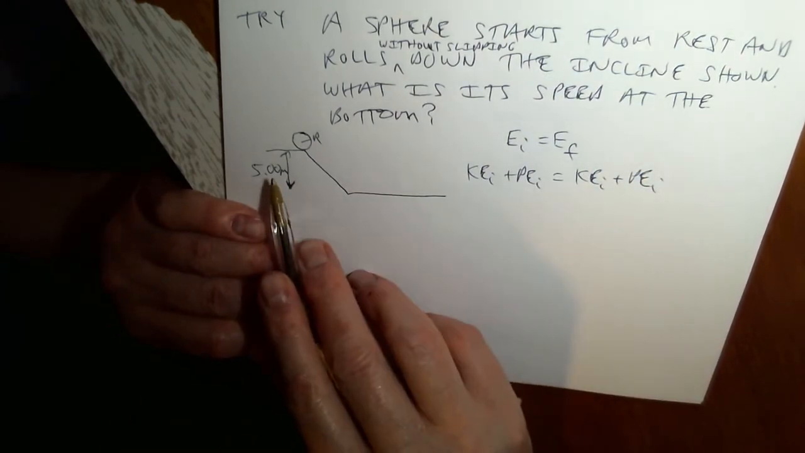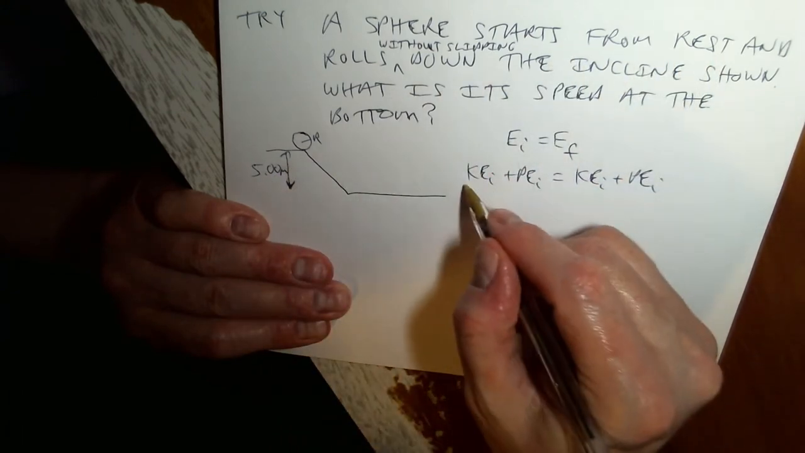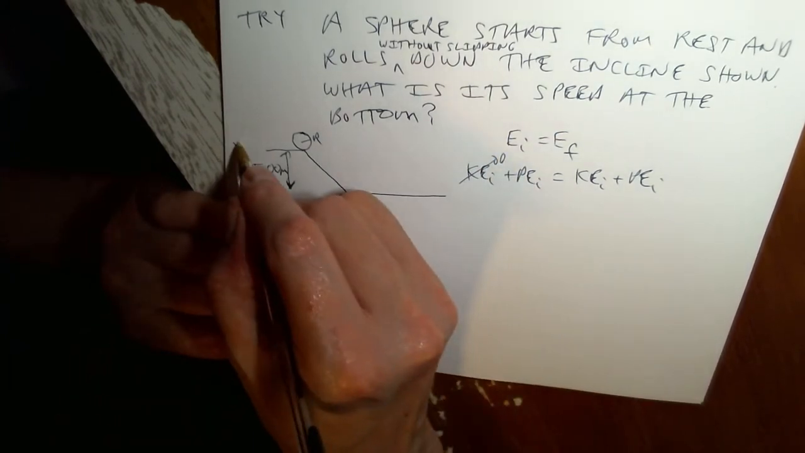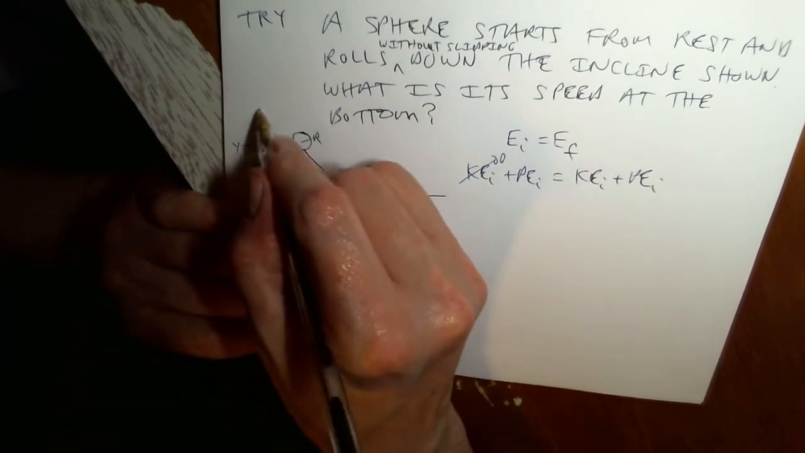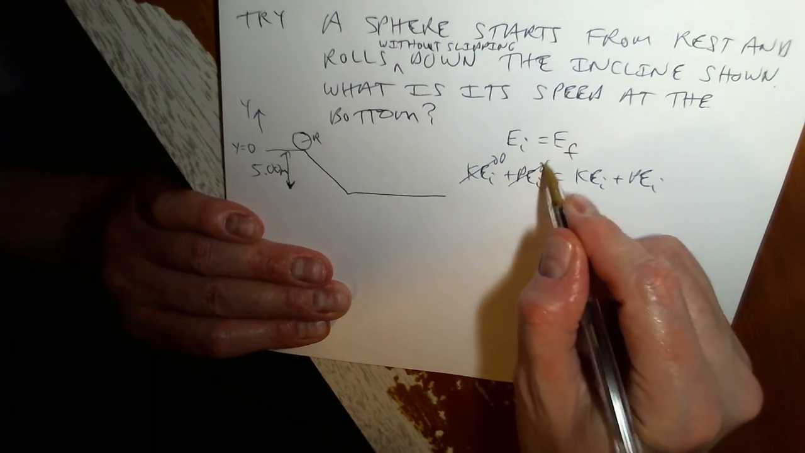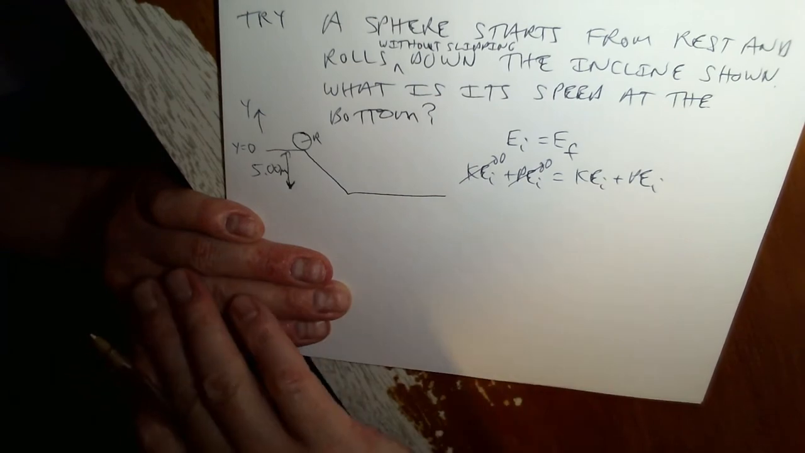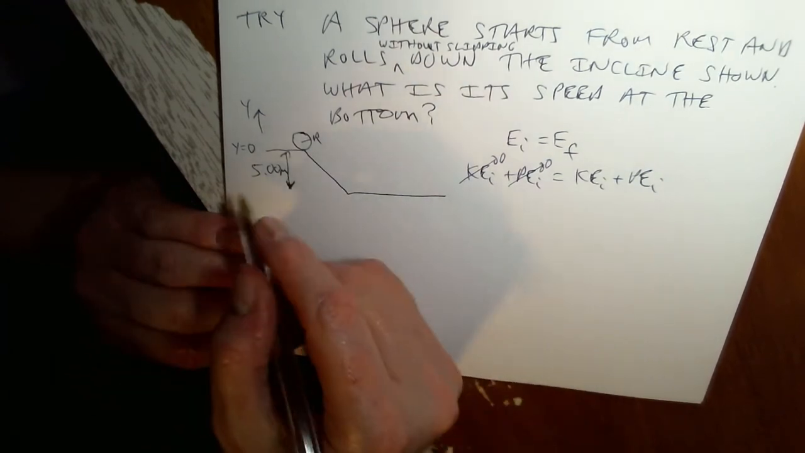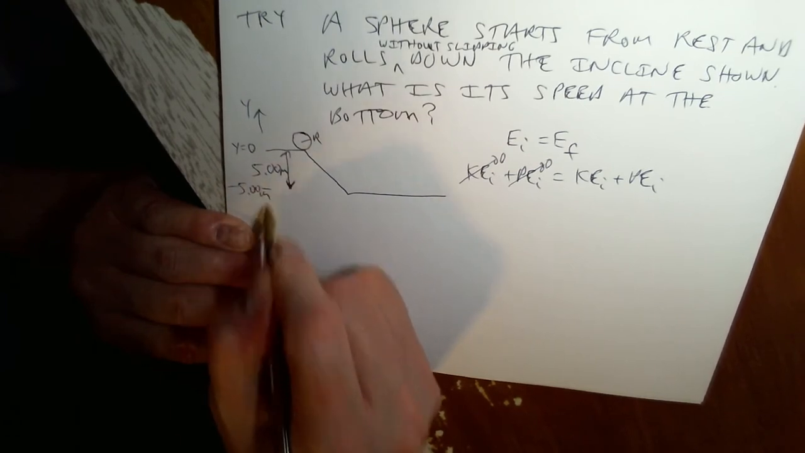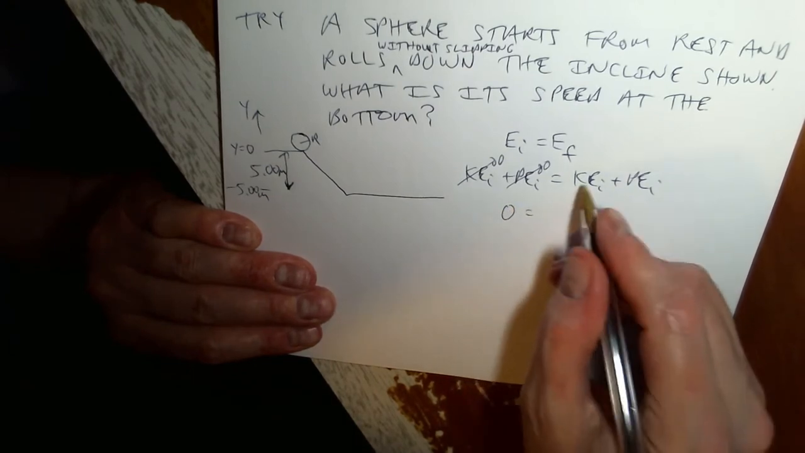The initial kinetic is 0 because it starts from rest, right? It's at rest when it starts, so the kinetic energy is 0. It's not moving. I'm going to say that y is equal to 0 at the top, and y is increasing upwards. So potential energy is 0, too. For gravity near the surface of the Earth, it's mgy. I'm going to call y equals 0 here just to get rid of that term. It doesn't matter, but I'll call y equals 0 here, and y equals negative 5 meters here. Okay, and so you get 0 is equal to